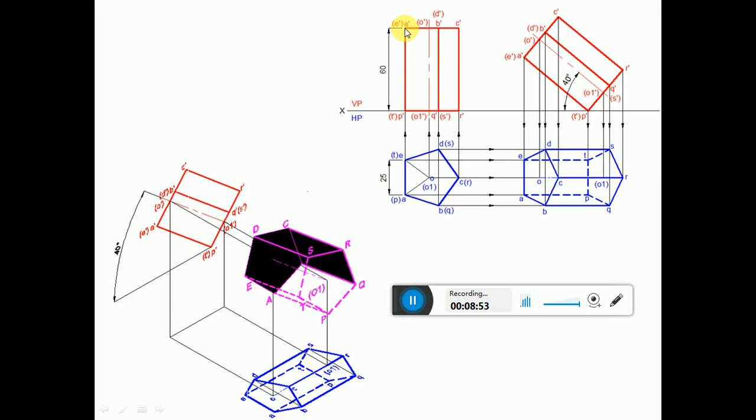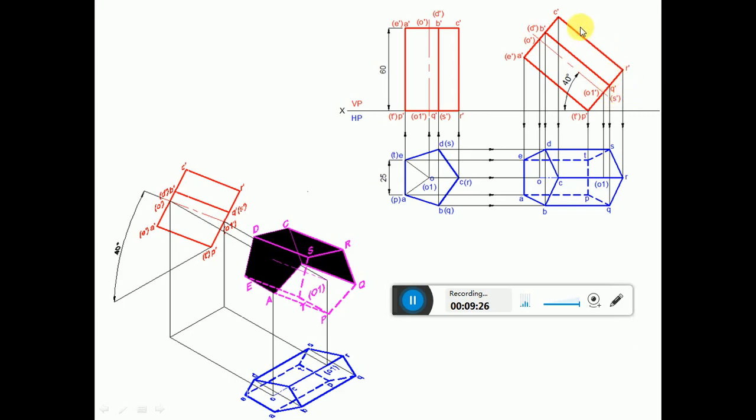Then by using the compass, you measure the length from A dash to B dash. From A dash you cut an arc. Similarly from P dash you cut an arc on this to get this point B dash, D dash, and Q dash, S dash. Then join these two by means of a dark line. Now you measure the length from A dash to O dash. From A dash you cut an arc. Similarly from P dash you cut an arc. So you mark this point as O dash and you mark this point as O1 dash in brackets. Then join these two with a center line marking.